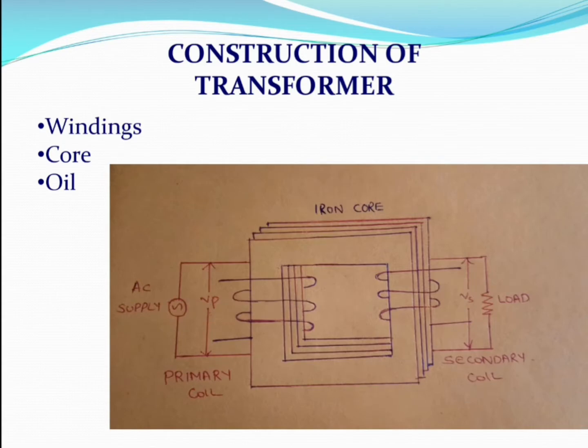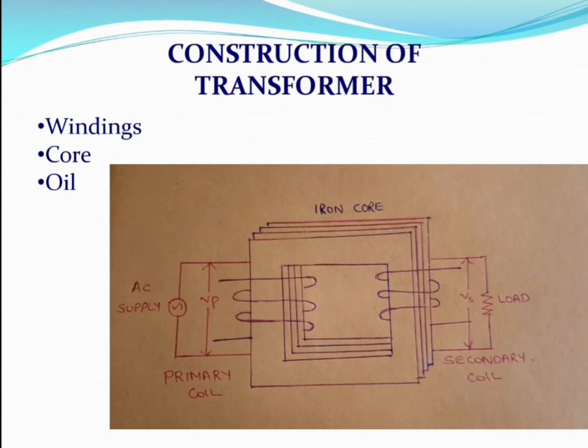So here you can see the primary coils. We can also see the secondary coil. Now they are wound on an iron core. So here you can see a square shaped iron core. So an alternating current supply is applied to the primary side,